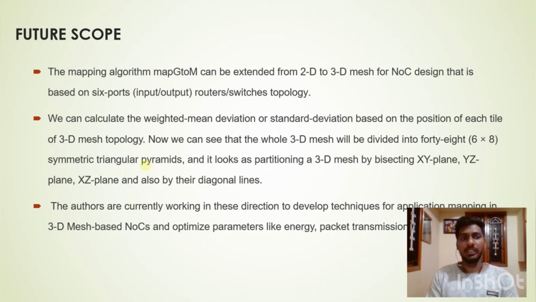But in 3D mesh, the perspective of seeing 2D and 3D is totally different, because the XY plane, YZ plane and ZY plane bring in diagonal lines, so the 3D mesh should be divided into further categories than 2D mesh. So the complexity increases. When the complexity increases, the algorithm should be extended to cope with that increasing complexity, right? If the complexity increases, the optimization algorithm should also advance,